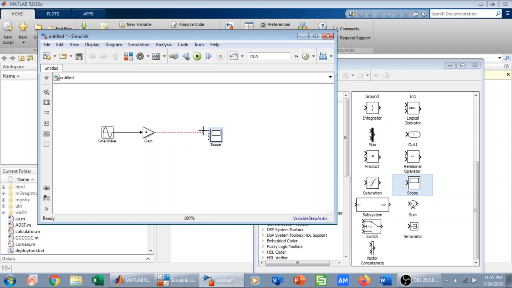To branch out the sine wave, I can simply right click and connect it here. If you want to move a line, you left click and move it, but if you want to branch out this signal from here, we need to right click.